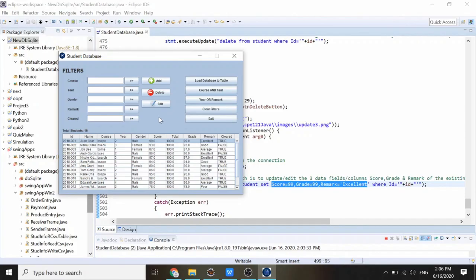This time let's extract some records. We want to extract all the fourth year, we get